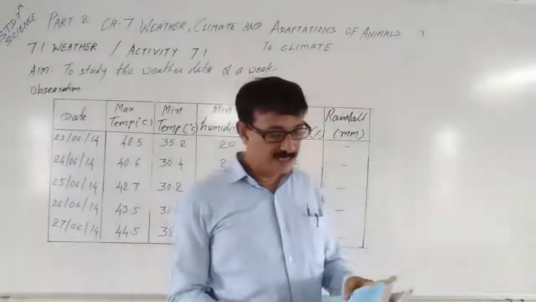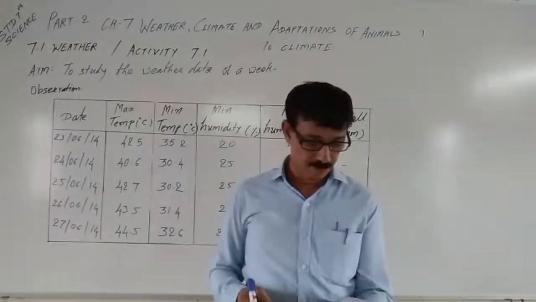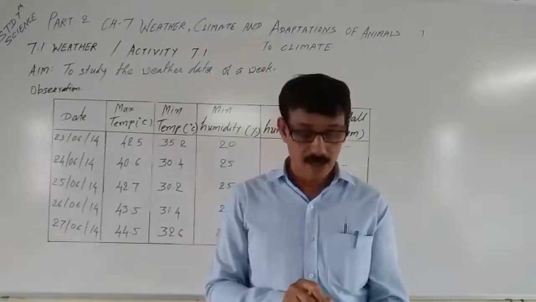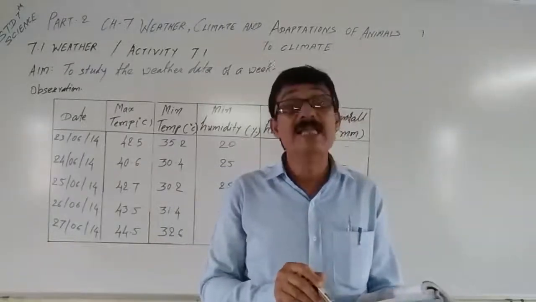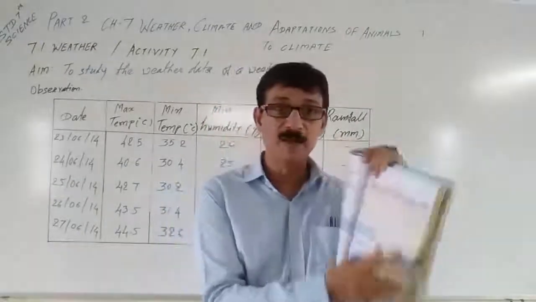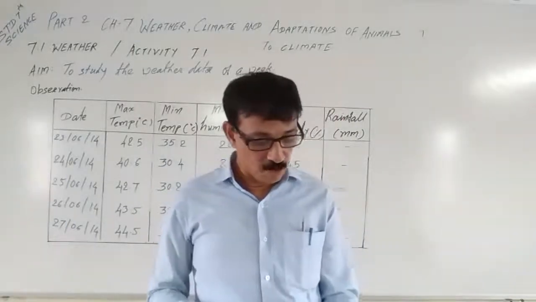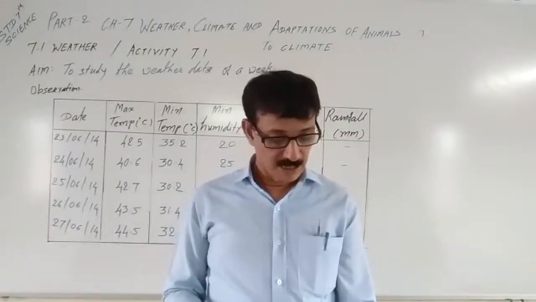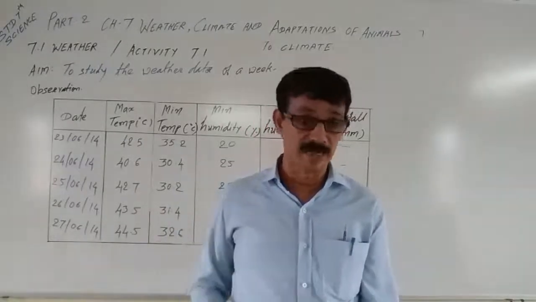Now let's go further in the textbook, on page number 69. See, in the bracket it says rainfall may not be recorded for all the days. Why? Because in this table the humidity is 82%. Looking at this table, there are chances of rainfall, and that is why it is written over here that rainfall may not be recorded for all the days since it may not rain every day. Leave the space for rainfall blank if the data is not available.